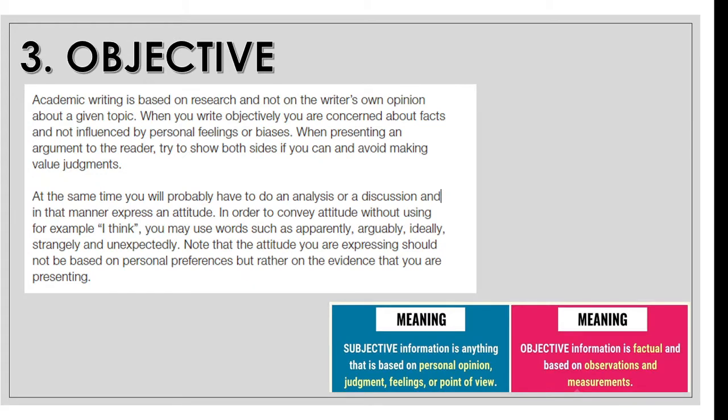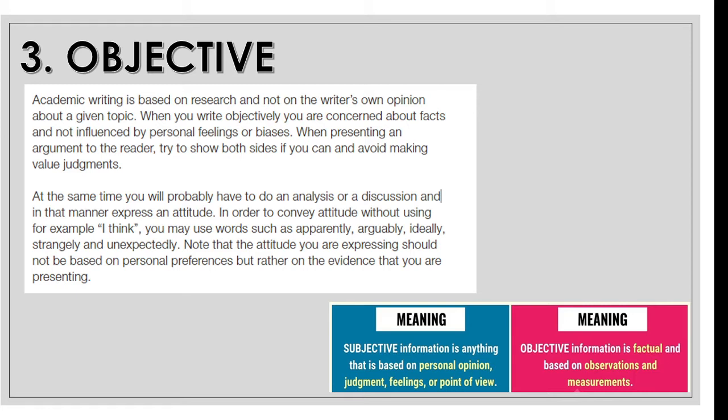The third characteristic of academic writing is being objective. Academic writing is based on research and not on the writer's own opinion about a given topic. When you write objectively, you are concerned about facts and not influenced by personal feelings or biases. When presenting an argument to the reader, try to show both sides if you can and avoid making value judgments. At the same time, you will probably have to do an analysis or a discussion and in that manner express